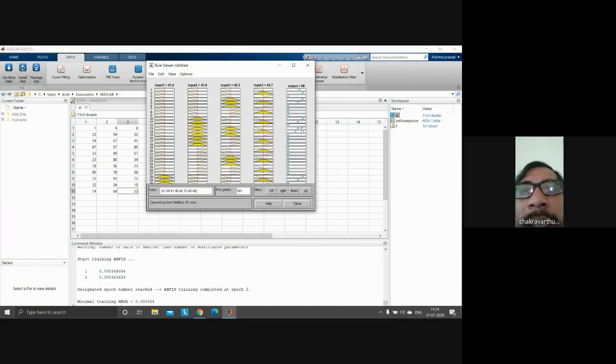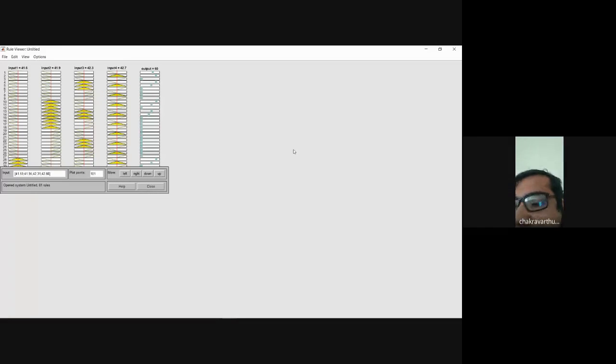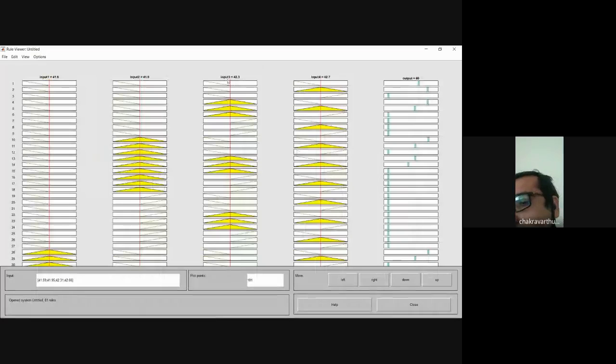The rule viewer, as we already discussed yesterday. Yesterday we gave all the rules and values. But here, you just have to upload the data. Then automatically it is going to generate the inputs, linguistic values and rules accordingly, as many as required for that particular data. That is the way it is going to minimize the nonlinearity in the data, so that it gives the proper alignment.